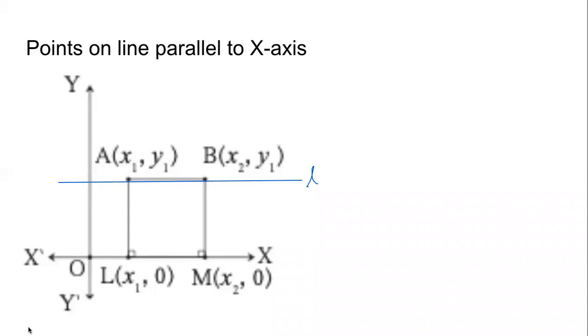So obviously, the coordinates of these 2 points A and B will not be 0 because they are not on any axis. Coordinates will be 0 when the point is on at least one axis. Here, none of the points A and B are on an axis. So the coordinates are not 0. Suppose the coordinates of A are x1 and y1, coordinates of B are x2 and y1. Who can tell me why this is the same, y1?